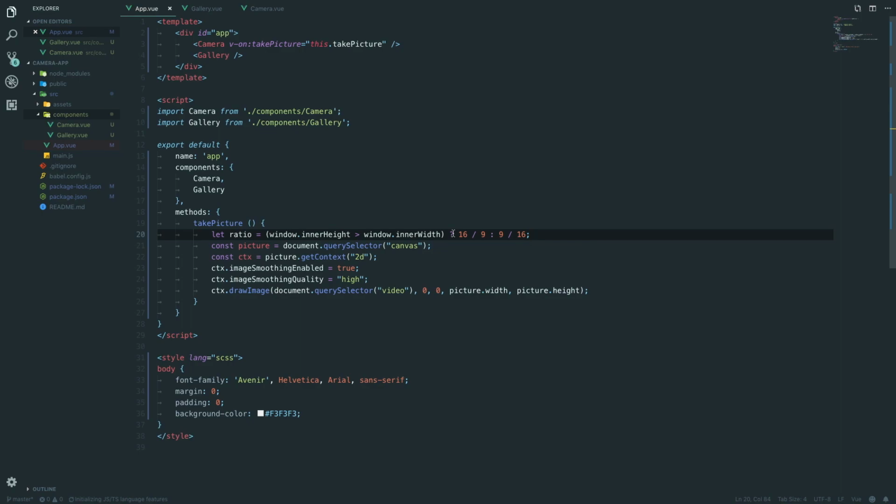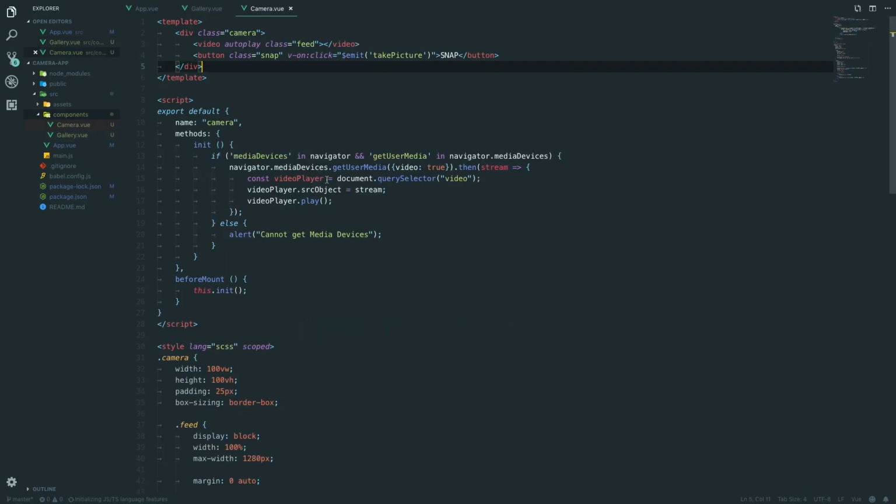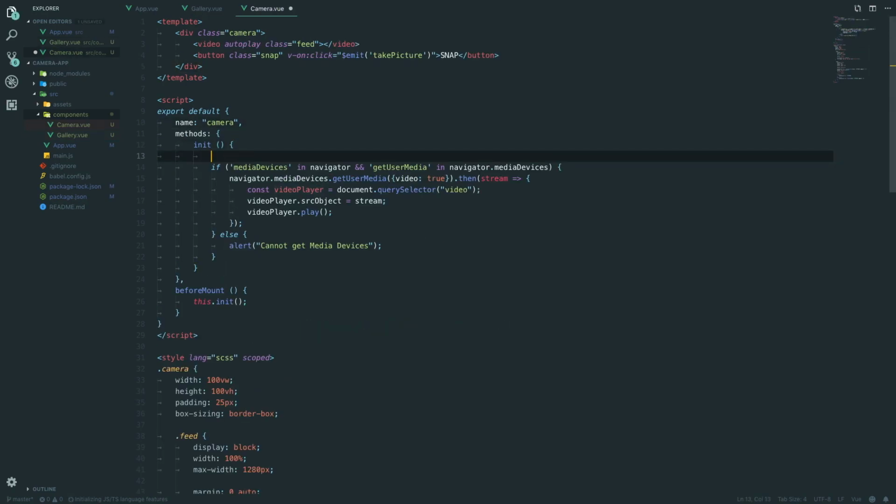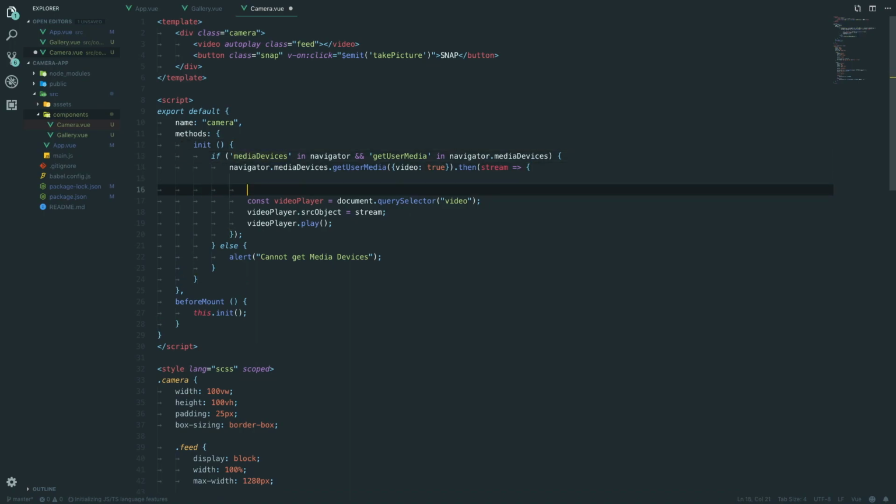And this is what we wanted on. I think this is also what we want on our camera. So we need to set our camera view first then. So in our camera view, in init, inside this, we're going to say